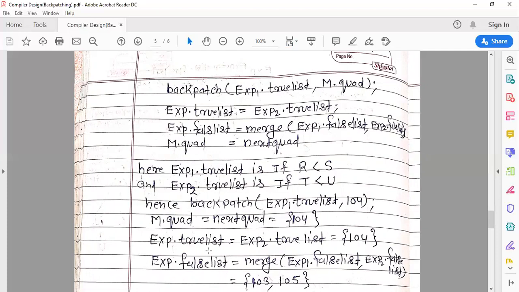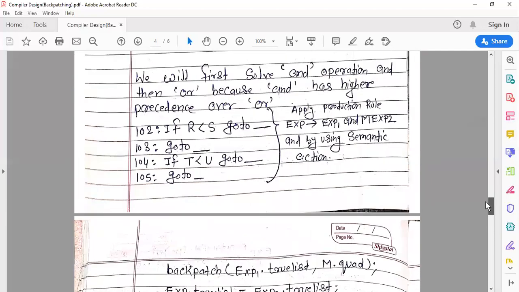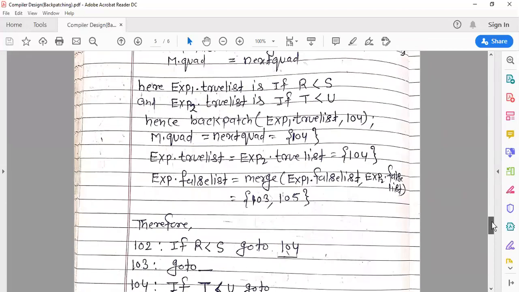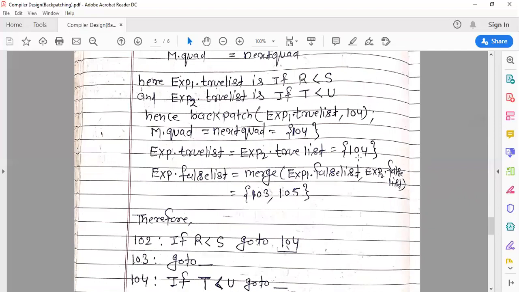So exp dot true list, and here you can see the second semantic rule, exp dot true list is equal to exp2 dot true list. So what is the exp2 dot true list? Exp2 dot true list is 104, and this 104 is assigned to exp dot true list. And exp dot false list is merge exp1 dot false list comma exp2 dot false list.